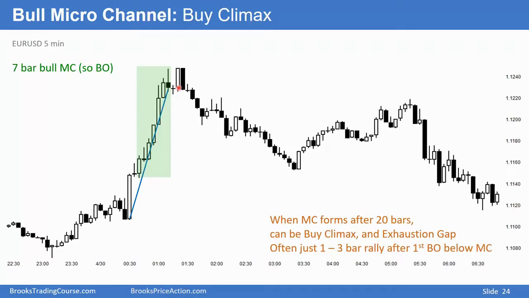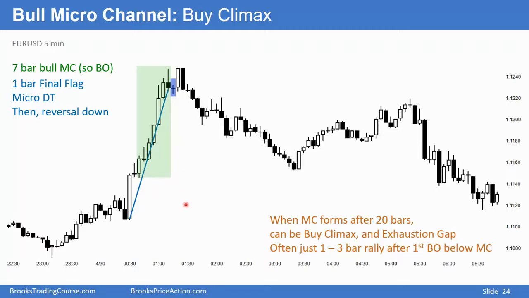Exhaustion does not mean reversal into a bear trend. It simply means the bulls don't want to buy, and you get a pause or a reversal. We have a 1-bar pullback. Bulls will buy this low, even though it's a bear bar. Some bulls will buy that high, and they're happy at the close of this bar, but what happens with the close of this bar? The bulls are giving up. They're deciding that the market's not going to go higher.